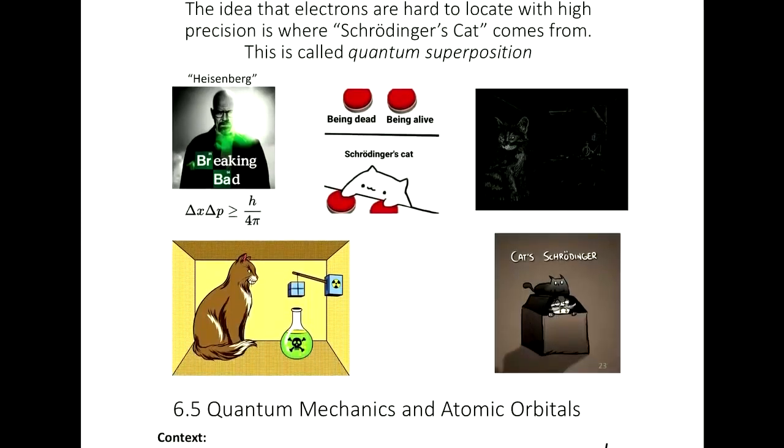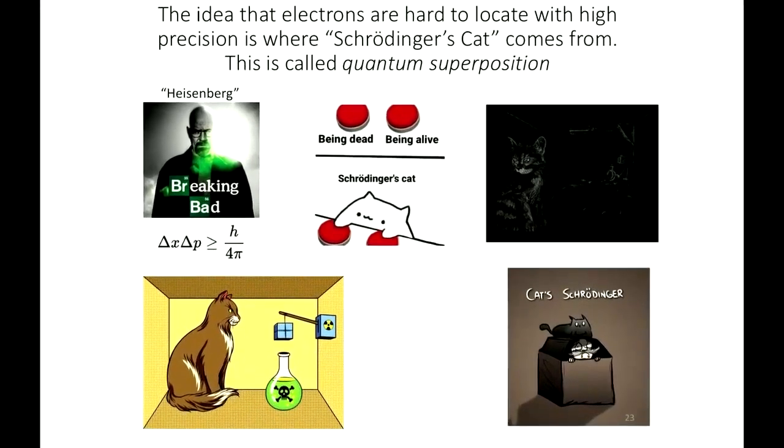That's the whole idea, that explains, you ever hear about Schrodinger's cat? Yeah, that's like a thing you see on the internet, a cute little cat. It's both dead and alive at the same time. So I just want to explain where this term has come from. So Heisenberg actually came up with this thought experiment, and it all has to do with the uncertainty related to an electron, right? An electron is hard to find.